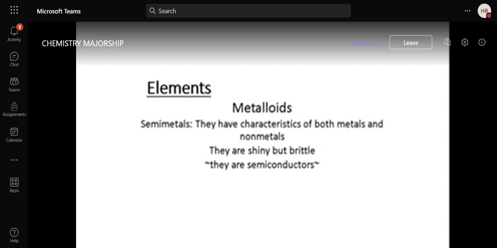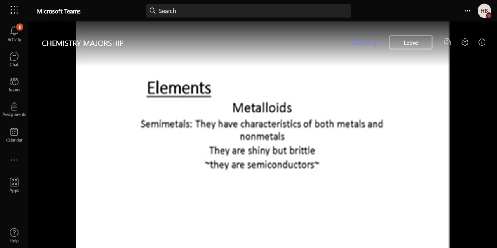Bakit? Kasi it allowed electricity to flow through your gadgets without overheating. Okay? Kasi, by the use of semiconductors. The semiconductors regulate the amount of energy that can flow through the material. So, hindi siya masyadong